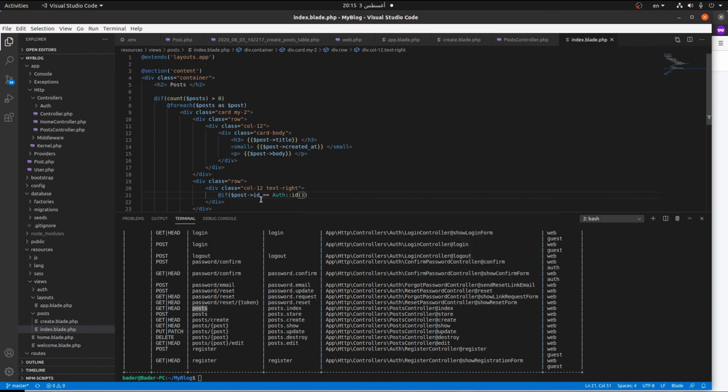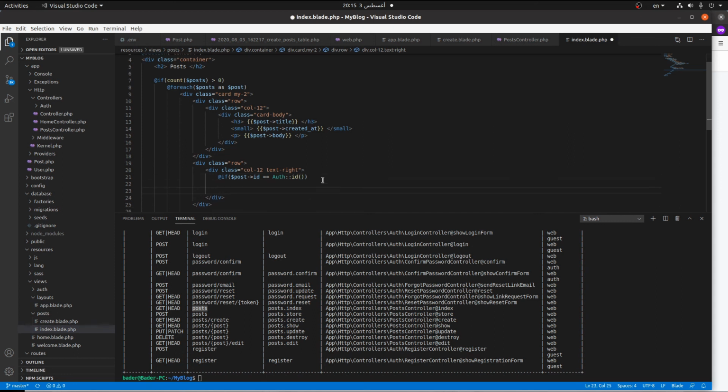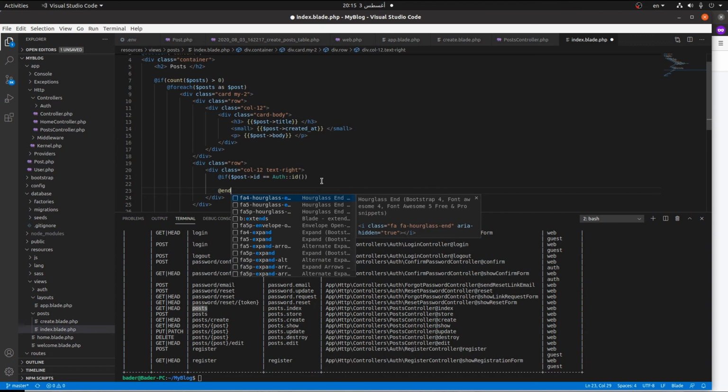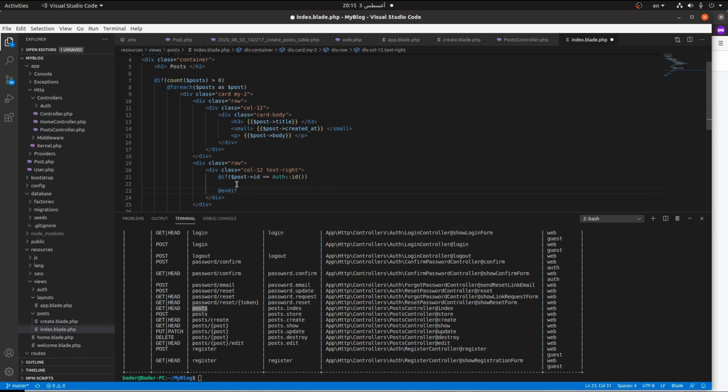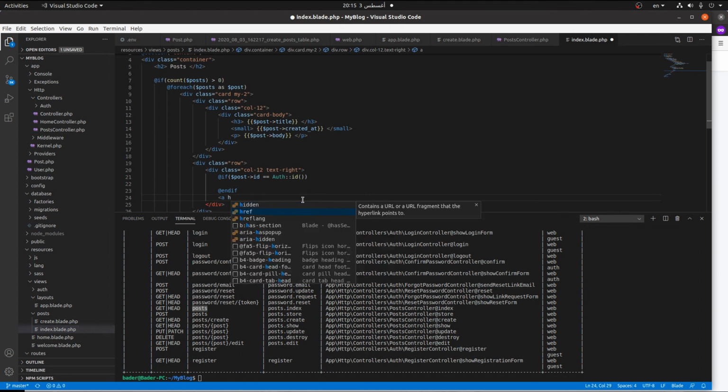So if that user owns this post, it will enter this if statement, and we will show these buttons. If not, we will not use an else here. We will just output that other button, which will be an href of